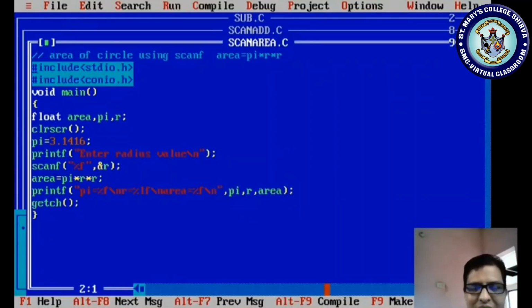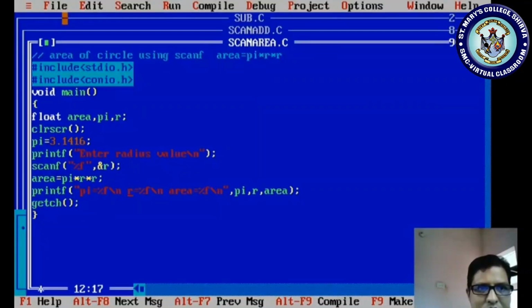Now let me modify here \n, lf, with f is enough. %f \n, and I'm giving area with a space, and also here I'm doing the same thing. One space is enough.